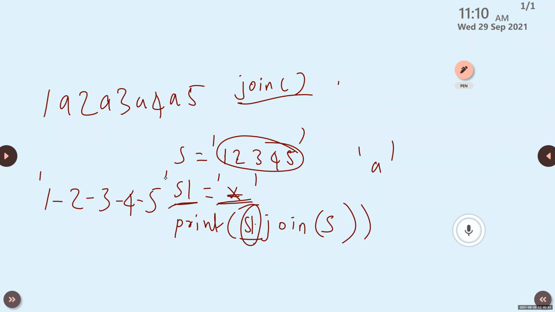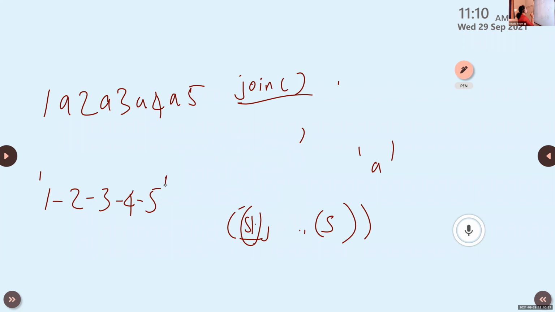The result is a string. So here this is the output: 1 hyphen, 2 hyphen, 3 hyphen, 4 hyphen, 5 within single quotes or double quotes.